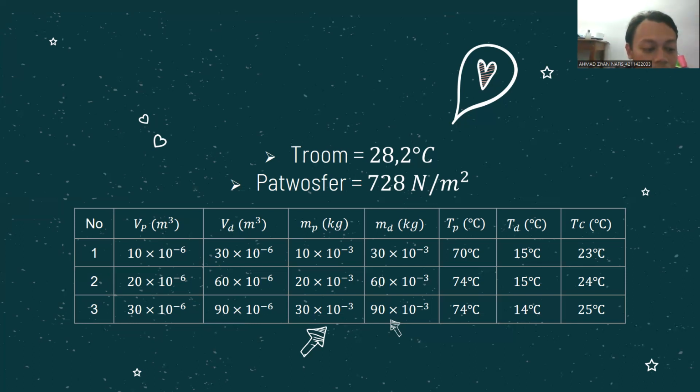The hot water temperature is 74 degrees Celsius and the cold water temperature is 15 degrees Celsius. So that the temperature of the mixture is 24 degrees Celsius. 3